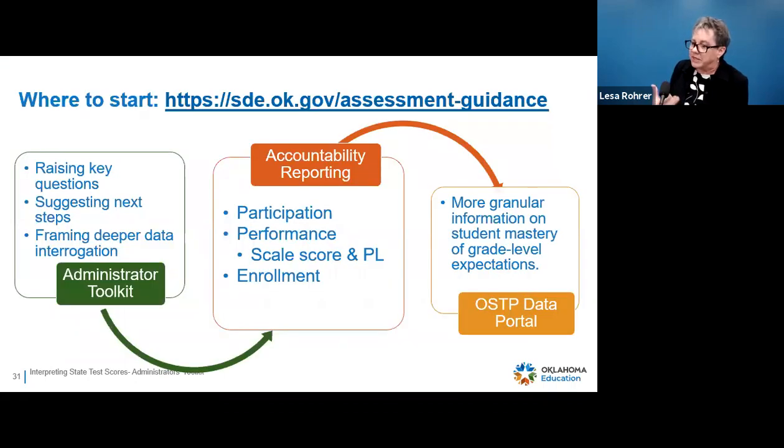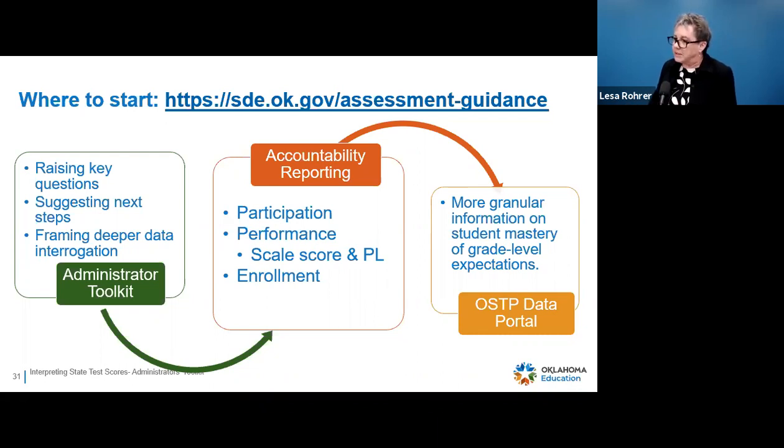Here's where to start. As I've said, the administrator toolkit on the assessment guidance page gives you these questions. It gives you how to dig into this data, and it gives you white space to work with your team to understand this. This is all in the accountability reporting application. Start with participation. Who tested, who did not test. From that, then we